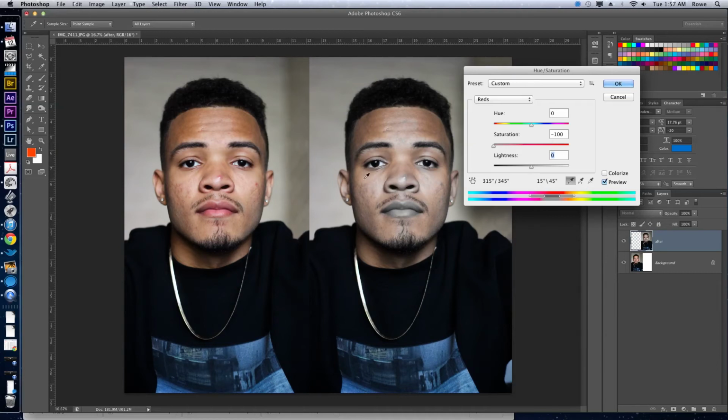His blemishes are gray now. But if I turn it to the right, again, we're gonna get that oversaturated look, and too much of it will ruin the picture. So it all depends on, like I said, what type of look you're going for. You can go through this and do this with any of the colors to get the desired look you're going for. Let's say I want his skin tone to stand out a little bit more,